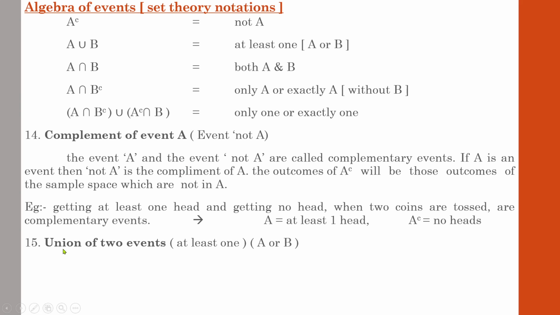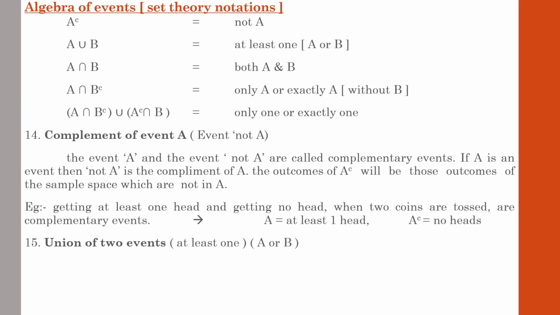Here only the term union is used for the concept, but in the practical application you might find it different. Union of two sets in set theory means all those items of A and all those items of B are taken together. But in probability, the union of two sets means if you are given details of A and details of B, at least any of the elements of A and or B should occur. Because here we are studying the occurrence of an event, not like the concept we learned in set theory.